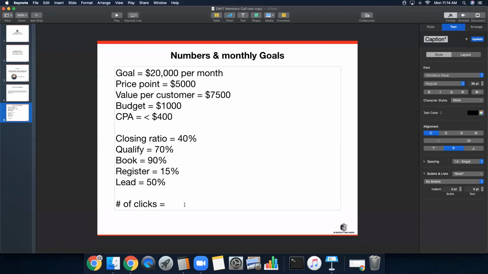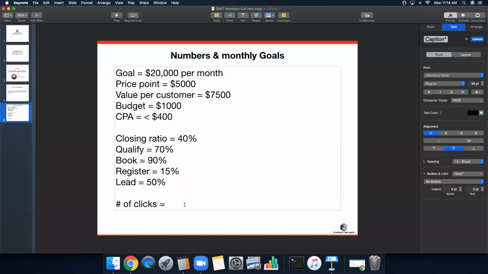Now, what we could do is we can create a monthly recurring price, right? And we could say, okay, you know what? Let's actually add on, instead of it just being $5,000 per price point, it's $5,000 per month. Now, think about that. You can invest up to $5,000 to get a client, because I would be willing to invest 100% of my first month if I knew I had ongoing continuity.